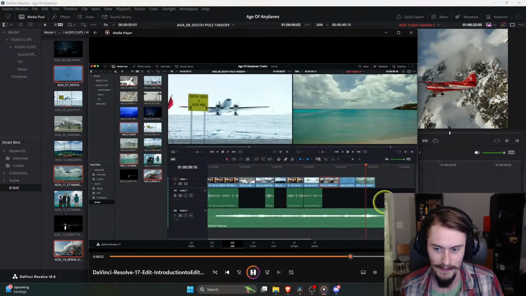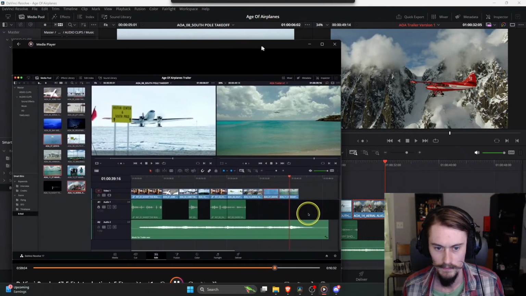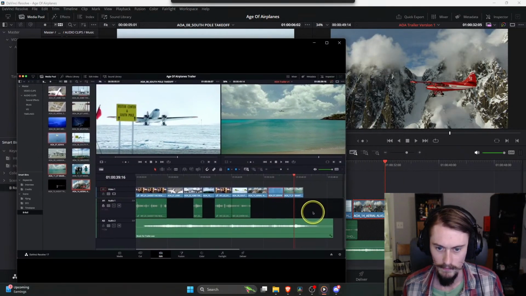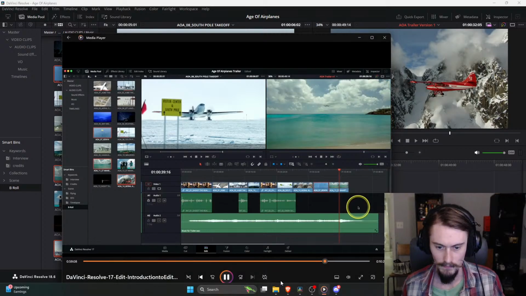That's sick. Secret unlock. So I can now put the aerial Alaska shot after the South Pole shot. If I hold down the Command key and use the left and right arrow keys, this will allow me to select another clip. Hold down Shift and Command and use the comma and period keys allows me to